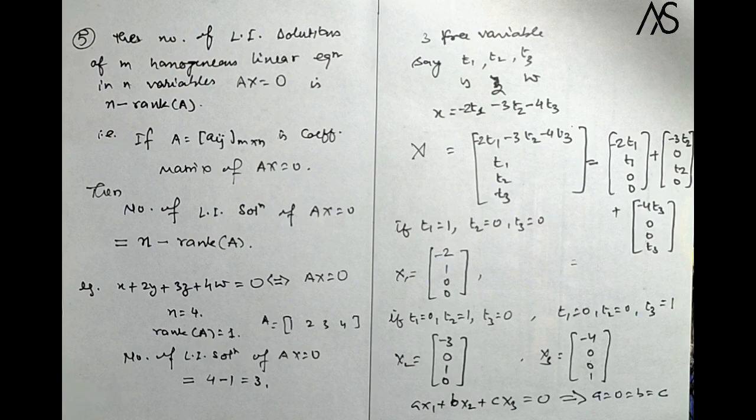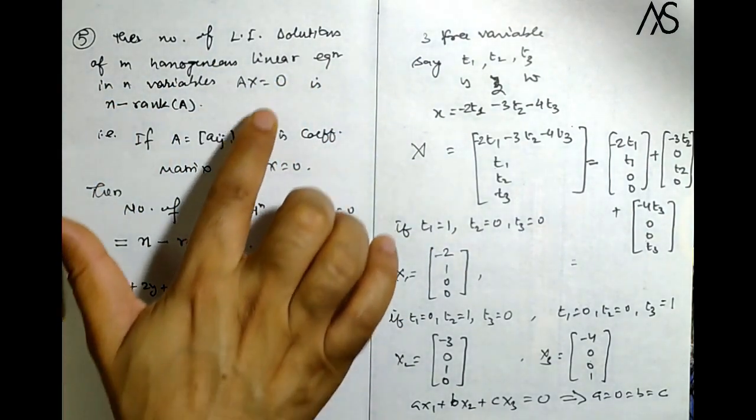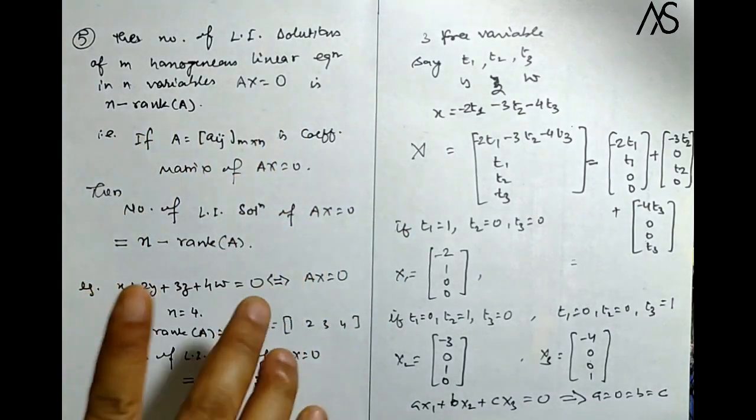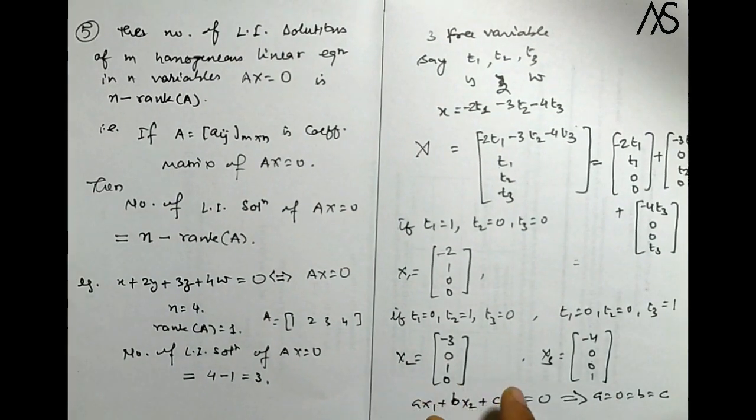ठीक है, तो लीनियरली इंडिपेंडेंट हम डिटेल में तो जब वेक्टर स्पेस करेंगे तभी पढ़ेंगे. तो यहाँ पे आप थोड़ा सा समझ लीजिएगा, जब m होमोजेनियस लीनियर इक्वेशन है इन n वेरिएबल इस तरीके के लिए, तो नंबर ऑफ Li सॉल्यूशन जो होंगे नंबर ऑफ वेरिएबल्स माइनस रैंक ऑफ ए इक्वल होंगे। ठीक है, बहुत इंपॉर्टेंट रिजल्ट है ये। सो ये तो था एक पर्टिकुलर एग्जाम्पल। अब देखिए ये कैसे हो रहा है।